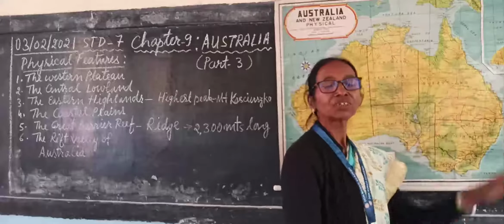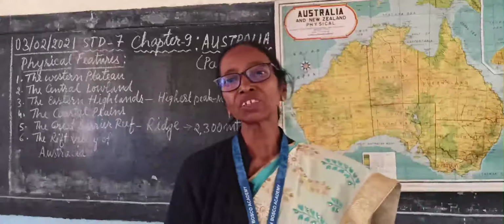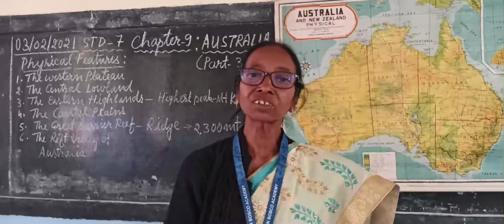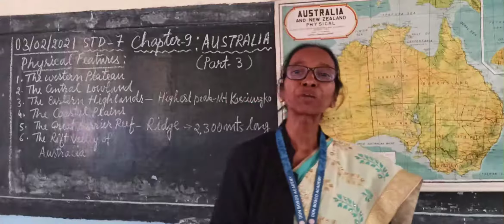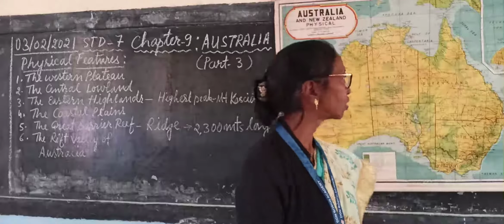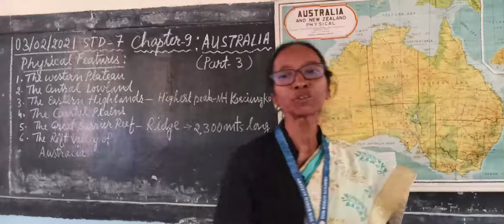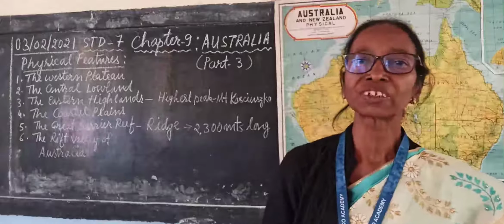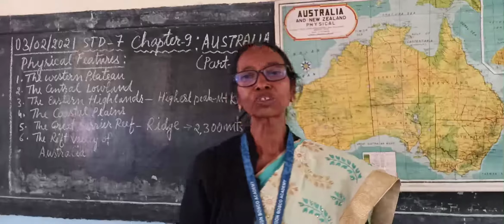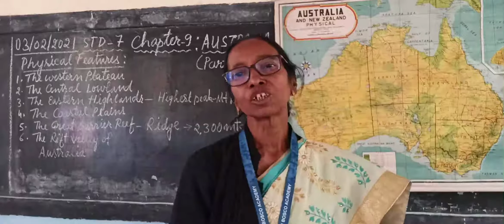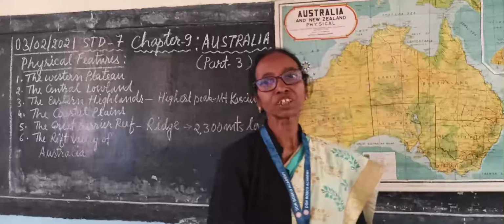coastal region. So this long narrow mountain or coral reef is nowadays the main attraction of tourists. So it is known as a tourist paradise. Why? Because the Great Barrier Reef looks very beautiful during the day due to the sunlight and during the night due to the moonlight. It looks colorful and presents very beautiful scenic beauty, and that attracts tourists in this region.